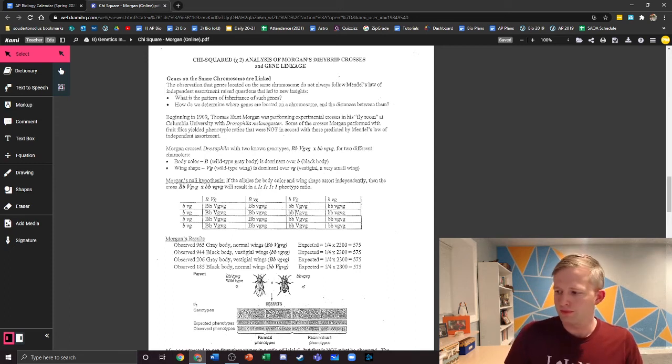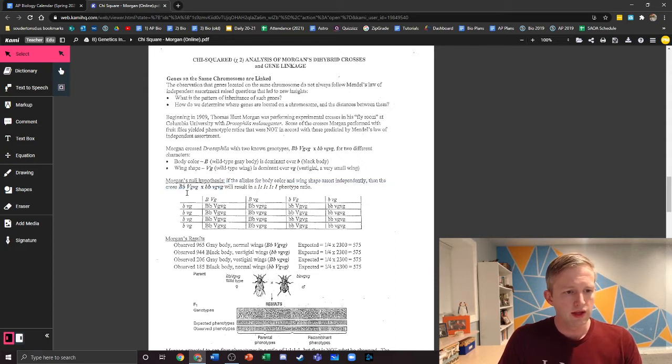Okay, so we got some practice on chi-squares, and we're now masters once again on that. And we're looking at Thomas Morgan and his examination of fruit flies. What's happening is they're looking at two different traits, body color and wing shape, simultaneously. So we're doing a dihybrid comparison and looking at the possible outcomes of two types of flies